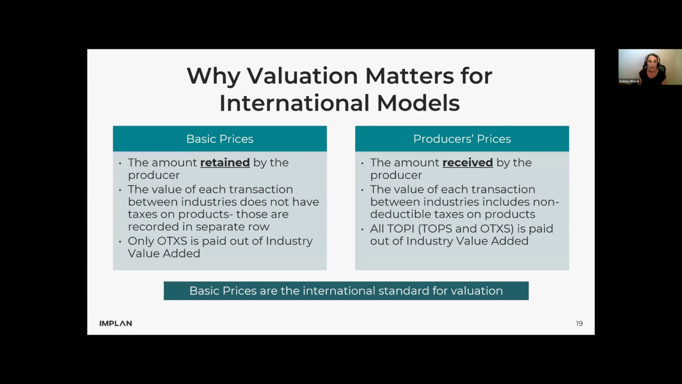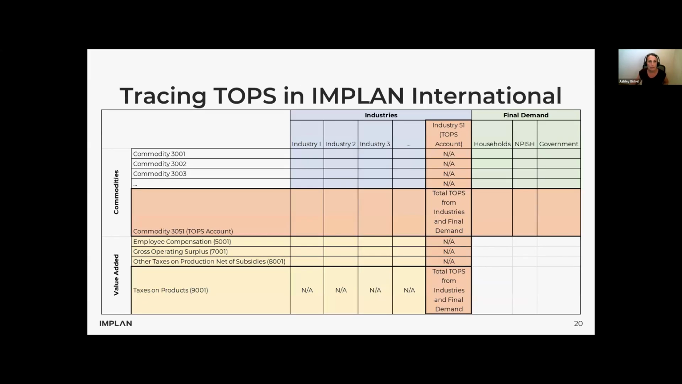Basic prices also allow for more accurate modeling of production relationships, specifically for those countries that have value-added tax systems. And then again, it allows for comparison across countries. So how is TOPS recorded in IMPLAN? I've prepared a super simplified graphic to demonstrate how TOPS is being recorded in our international